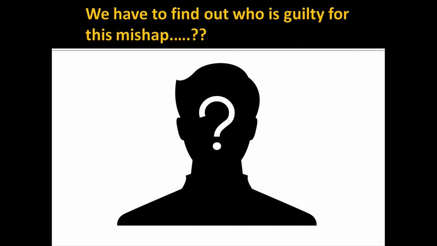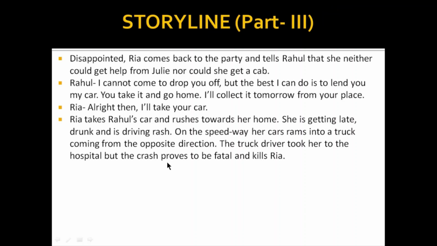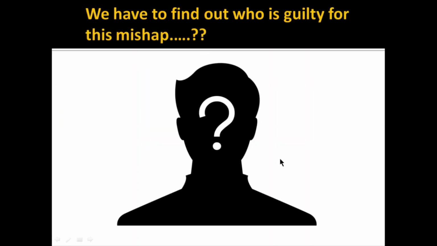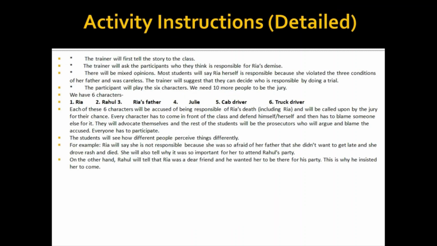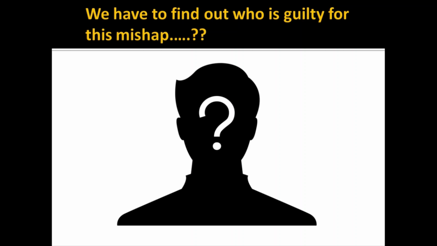The mishap happened that she did all those three wrong things that her father asked her not to do, and what led her was that the crash proves to be fatal and kills Ria. So at the last, Ria is no more. Ria was dead. So now you already know the story, and through this story, I would like to tell you that